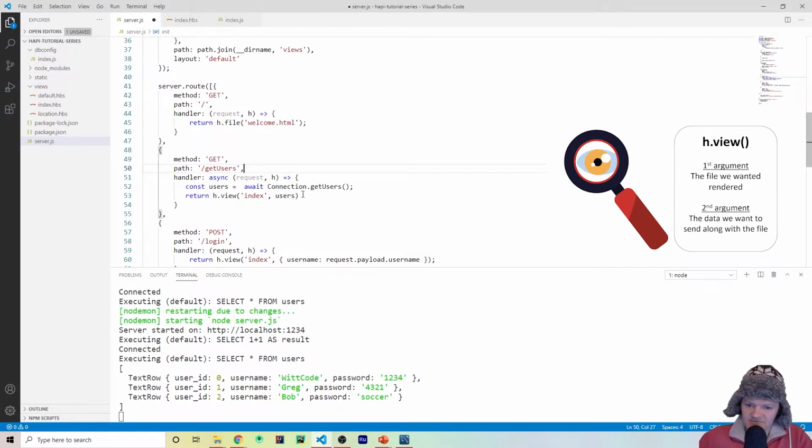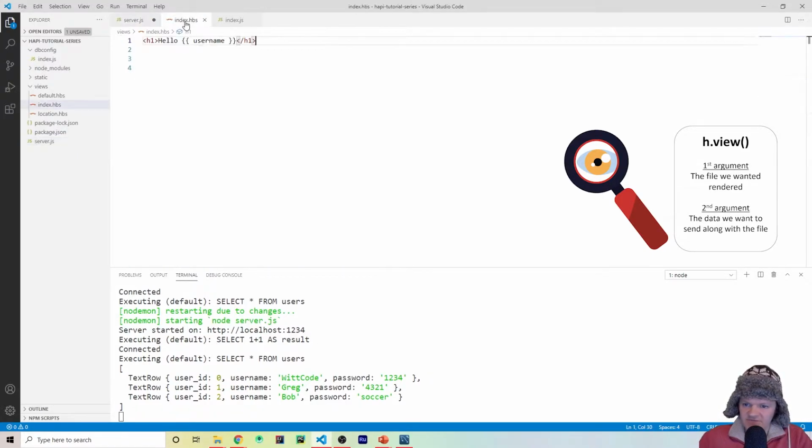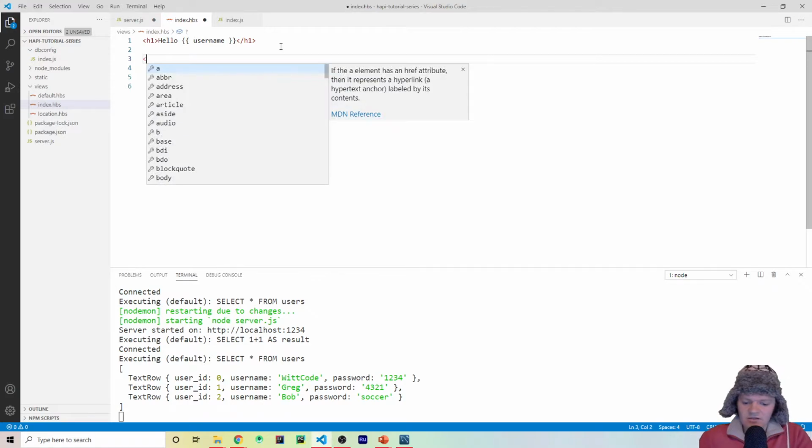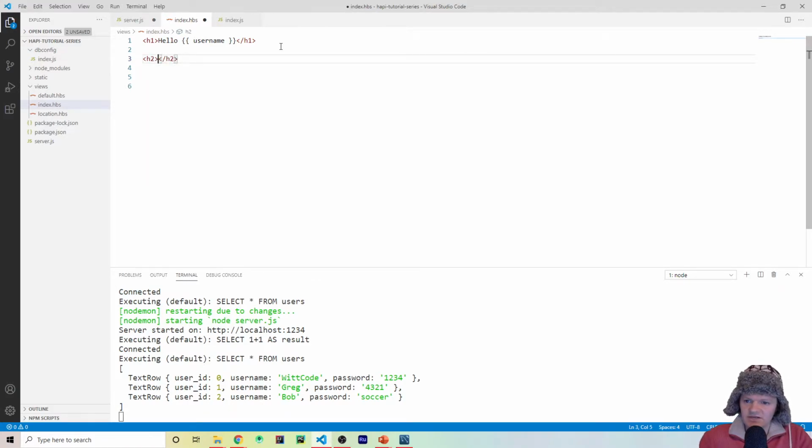So it's going to be accessed by this users key. And it's going to send all these users, so all this data here, to this file index.hbs. So far we only have hello username. So let's change this. Let's add an H2 right here, and let's say the other users are,